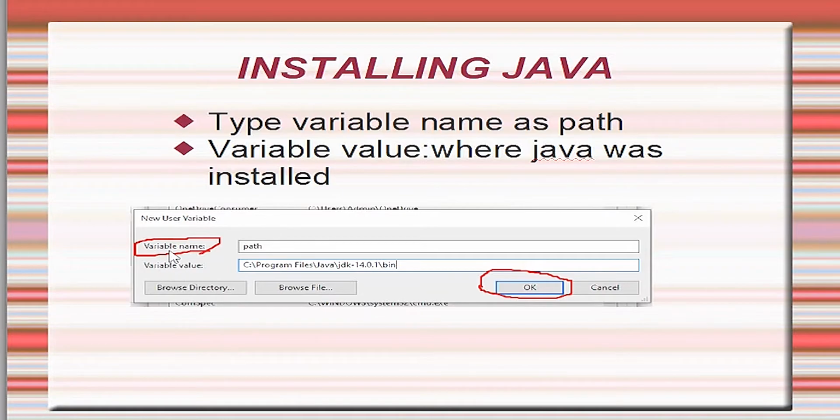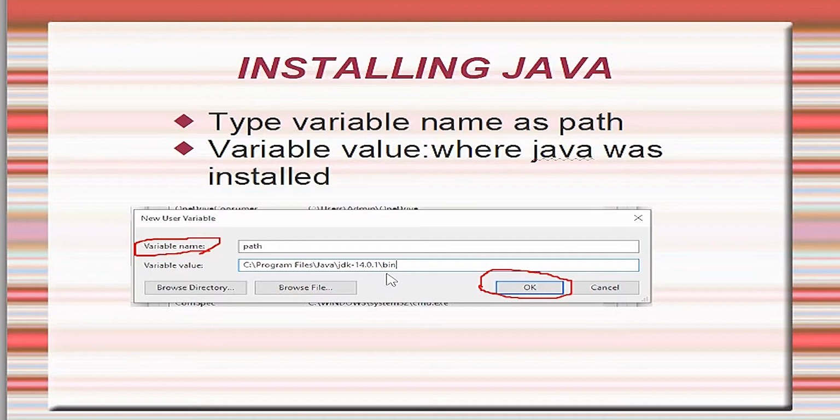Here for the variable name, you have to write Path, and the variable value is where you installed Java. I installed Java in C program files, Java, JDK and bin. Javac is a command which we use for compiling our Java programs.